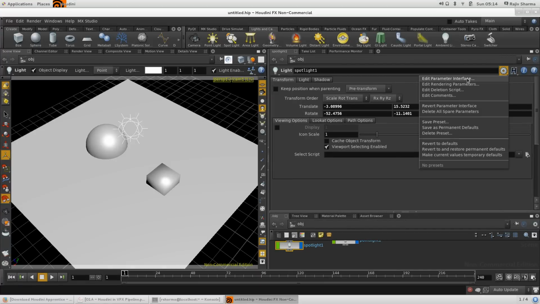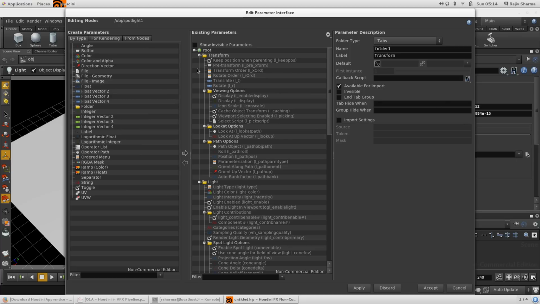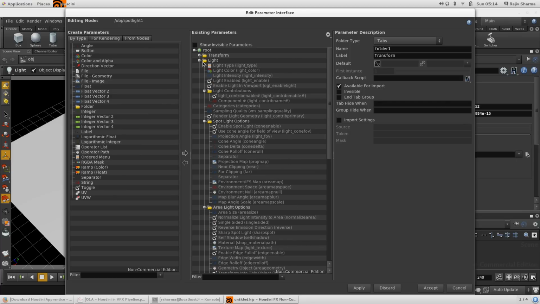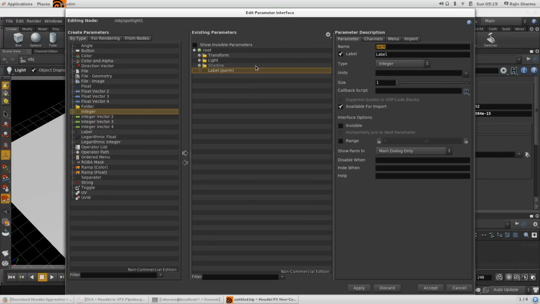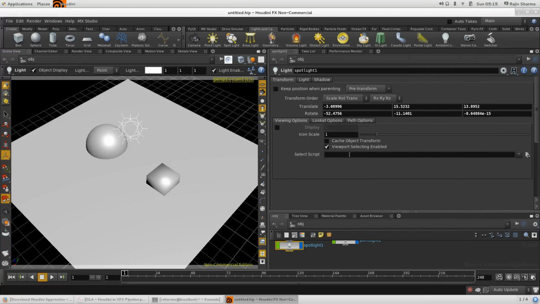With this I can edit the parameter interface, and let's say I want to add a ramp, or I just want to create an integer. So let's say this is my custom parameter, and if you apply that,